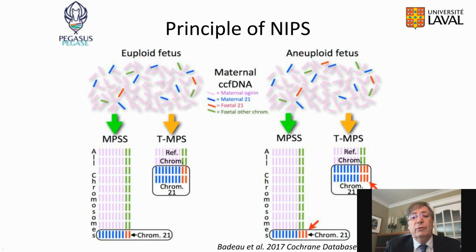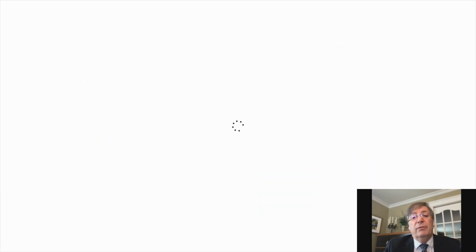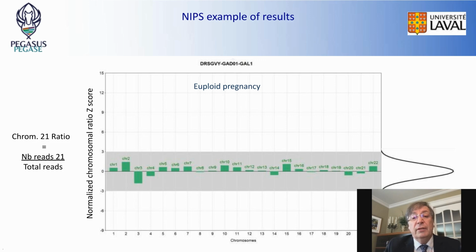However, if the fetus has an extra chromosome 21, we will be able to find extra fragments of DNA in maternal plasma coming from that chromosome, and the relative representation, or chromosomal ratio, of those fragments to the total number of fragments will be slightly increased. Next generation sequencing allowed us to count several millions, between 4 and 10 million of those fragments randomly, and then